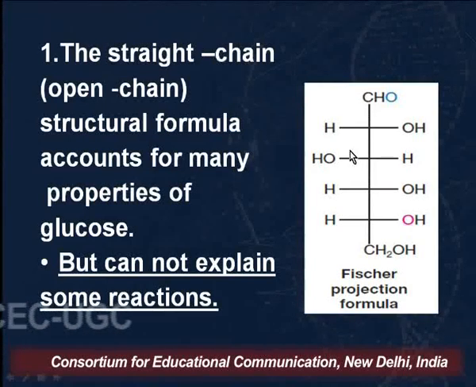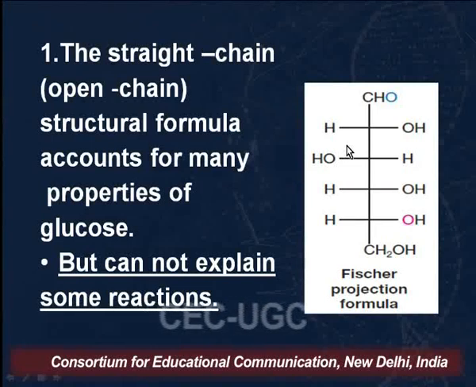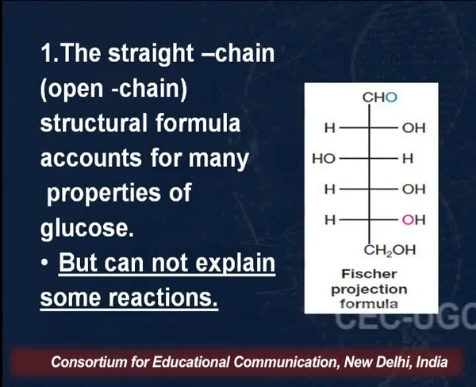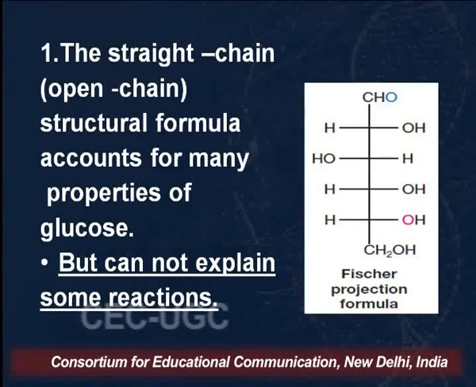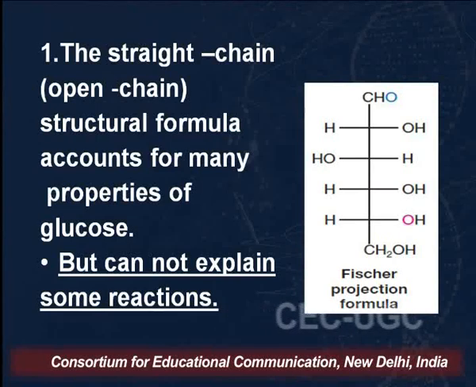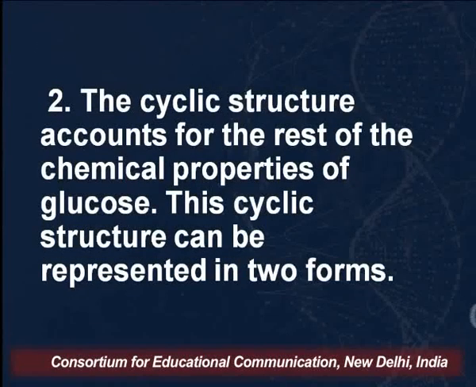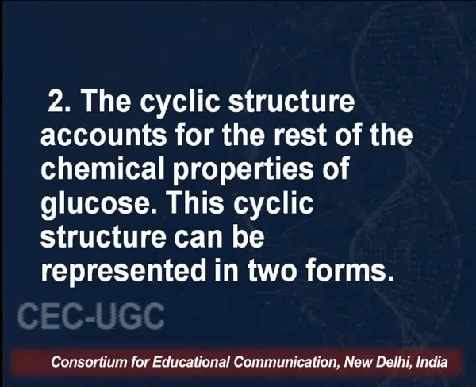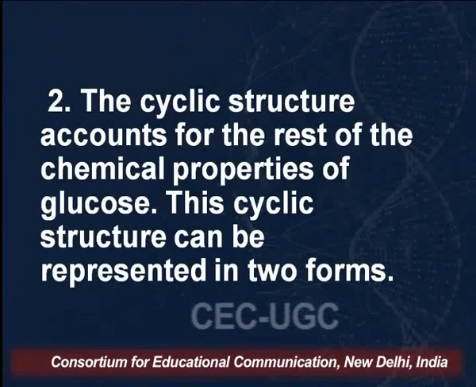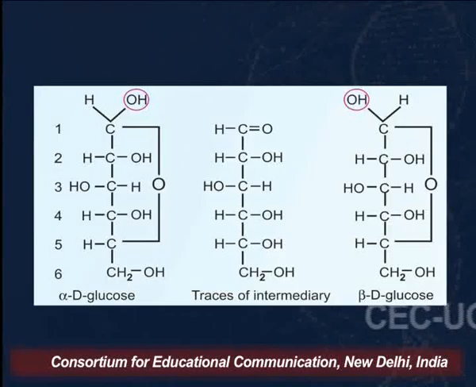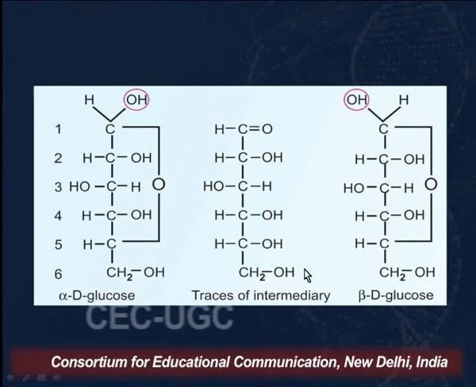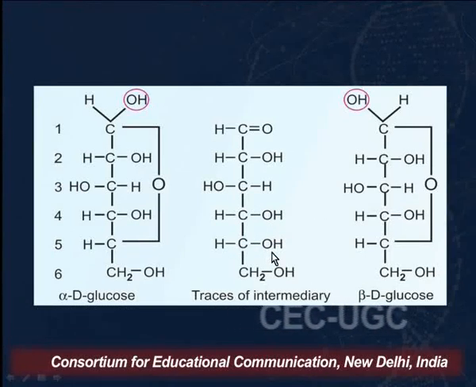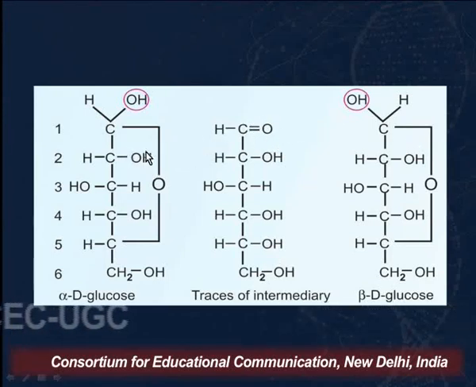But it was not able to explain some of the other properties of glucose, like the phenomenon of mutarotation, and why glucose does not react with sodium bisulfite, and why it does not react with Schiff's reagent. So another structure was proposed for it, the cyclic structure, and this cyclic structure now represented the properties of glucose. How do we get this cyclic structure? One of the hydroxyl groups here on C5 reacts with the aldehyde group